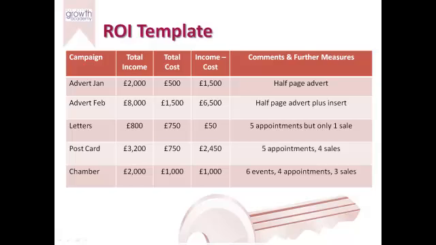So, first of all, I'll run through each campaign. I've only put 6 on my screen. I'll briefly explain the campaigns, then we'll look at how we could grow and multiply the income, or see if the marketing's working or not. So the first example is an advert in the trade press in January. We made £2,000 worth of sales off it. It cost us £500, so we made £1,500. That was a half-page advert. Now in February, for the same advert, we actually made £8,000, but it cost us 3 times as much, £1,500. But of course our return on investment is much higher.